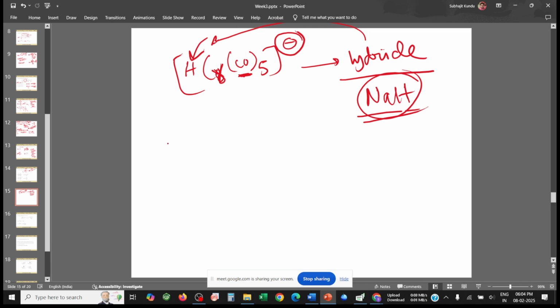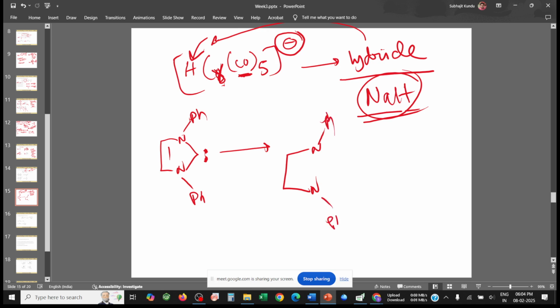So now we have the N-heterocyclic carbene precursor with the Ph here. First the hydride will extract this proton and generate the carbene over here, and then this carbene is nucleophilic in nature, as I have already mentioned. So this will directly attach to this chromium to give a chromium carbene complex, NHC Cr(CO)5.